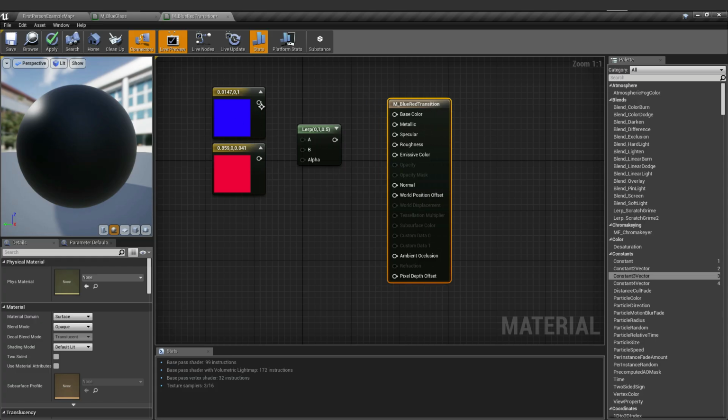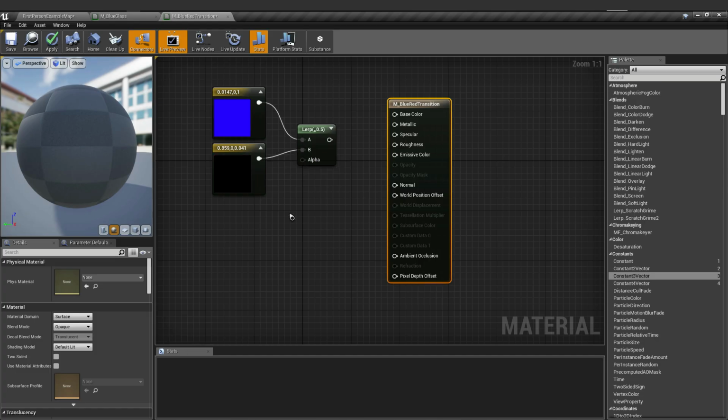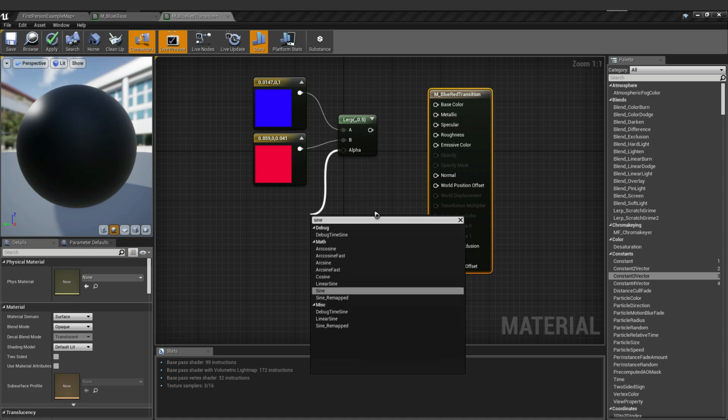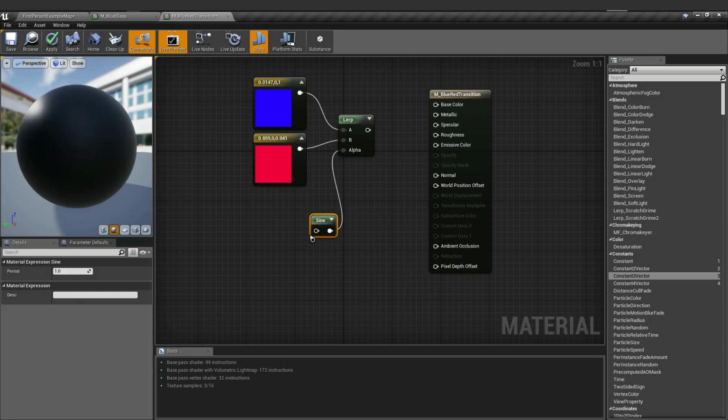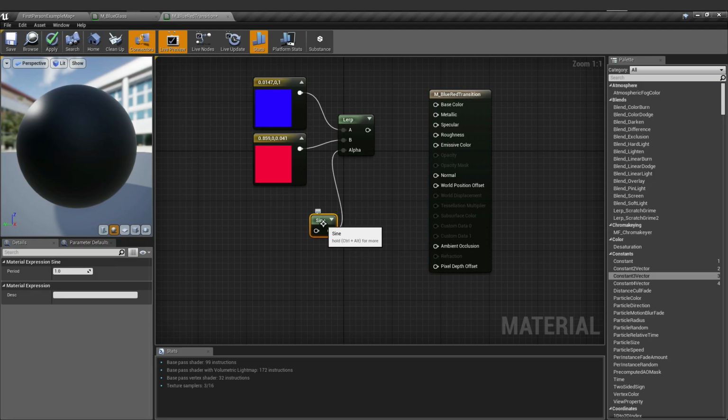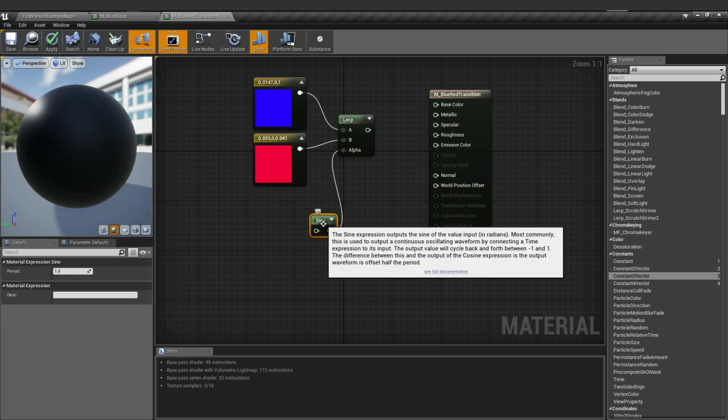So what we're going to do is connect the blue in A, the red in B. And after that, to make it transition, we're going to connect the alpha into a sine. Sine is a mathematical term used in computation.